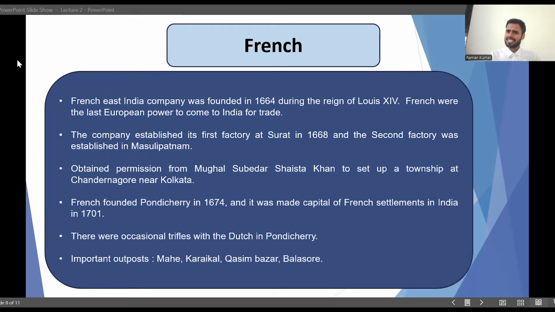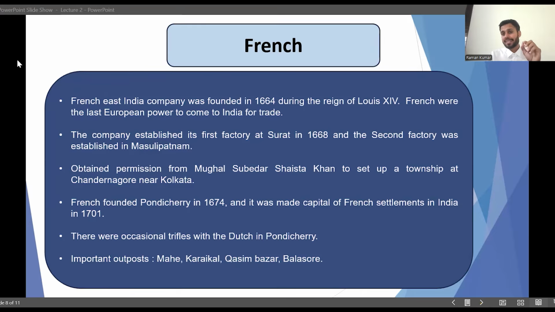So as you are seeing this pattern, I wanted to bring this to your notice. All the powers, be it British, Portuguese, Dutch or French, all of them established their factories in Surat and Masulipattnam. So you can understand the importance of these trading centers from this fact alone. So naturally you have to remember Surat, its location, its importance, and other ports south and north of Surat. A question can be asked. Similarly about Masulipattnam.